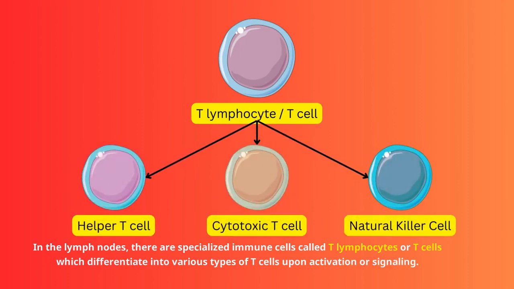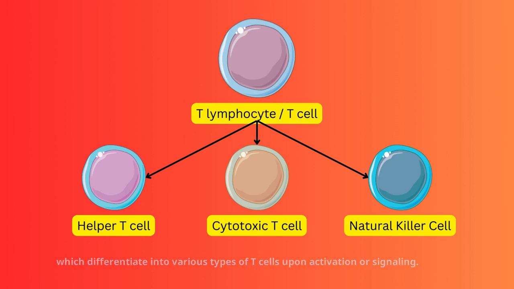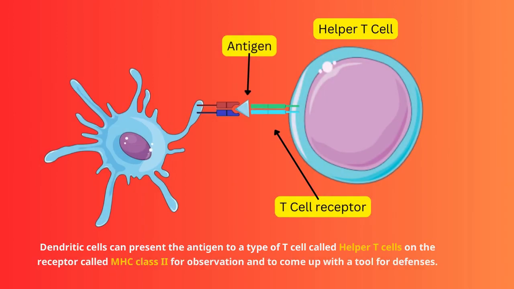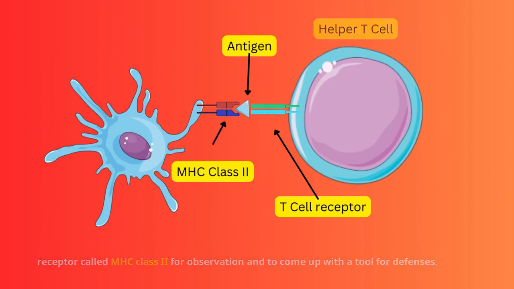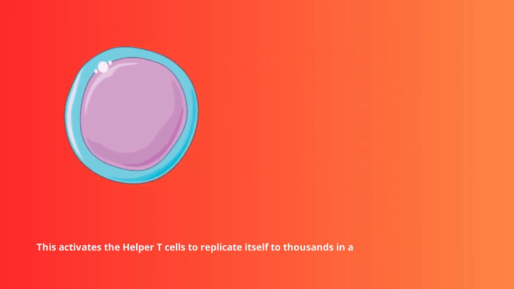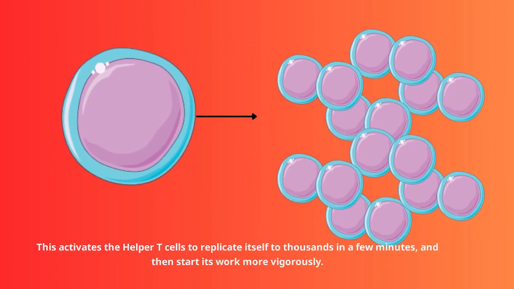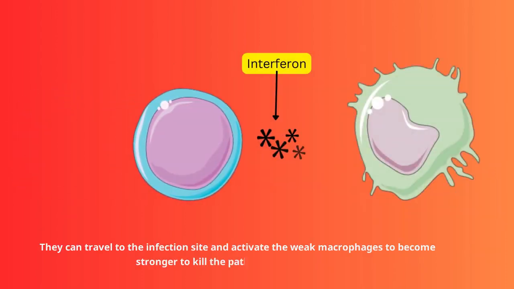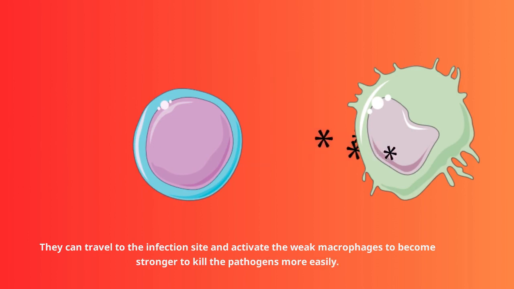differentiate into various types of T cells upon activation or signaling. Dendritic cells can present the antigen to a type of T cell called helper T cells on the receptor called MHC class II for observation and to come up with a tool for defenses. This activates the helper T cells to replicate itself to thousands in a few minutes, and then start its work more vigorously. They can travel to the infection site and activate the weak macrophages to become stronger to kill the